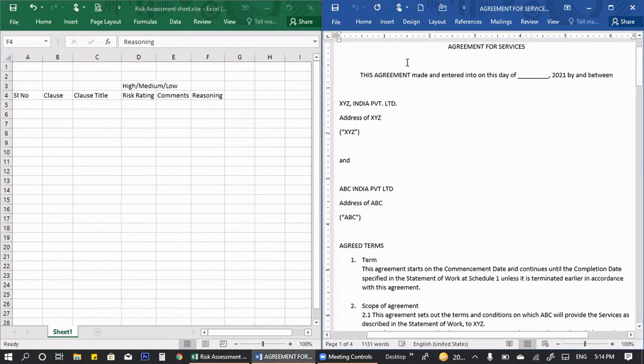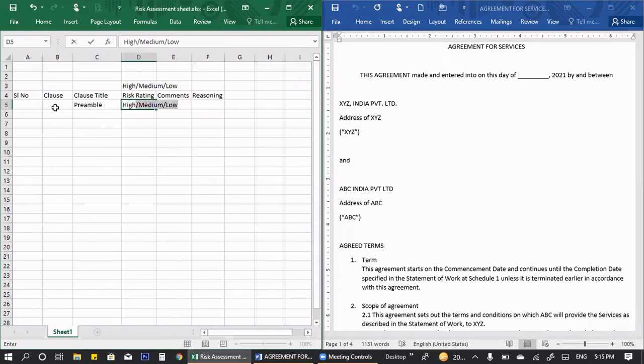Now we have the agreement for services, and this agreement is made and entered into on this day of dash and dash 2021 by and between. Okay, now we see these recitals. Here the recitals are not clear, wherein they haven't mentioned who is going to sign, the authorized parties, etc. So it is not recitals, this is a preamble. I'll put this clause title as preamble. I would rate it as high because the parties are not present here. So my comments will be: